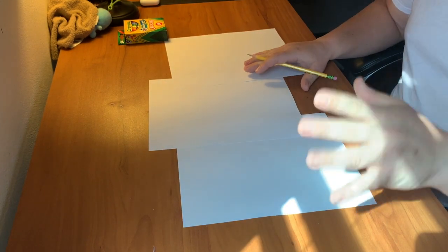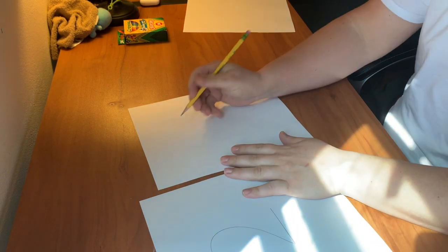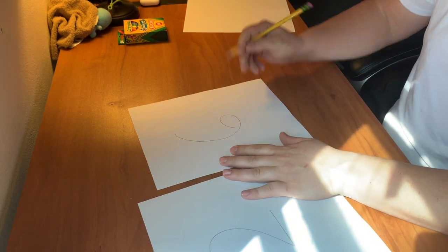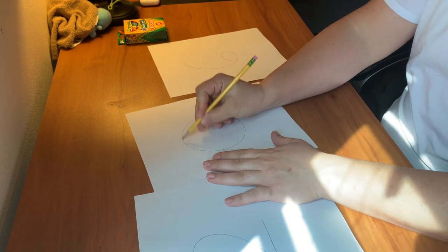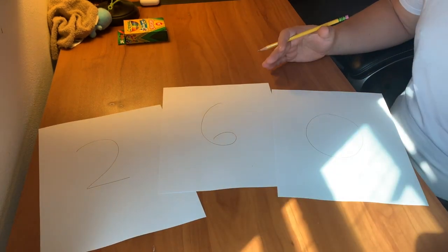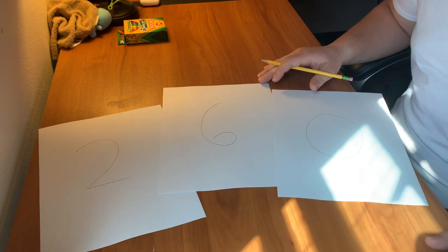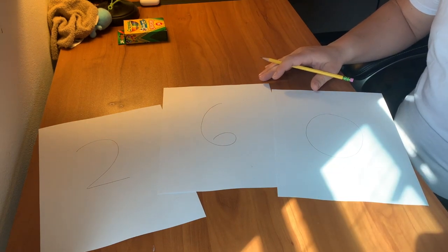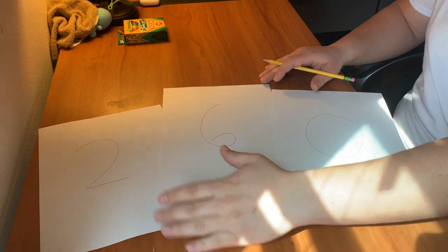All right, Falcons, I got my 3 pieces of paper. You got to pick your 3 numbers. So if you remember, I picked 2, 6, and 0. So you're going to pick your own 3 numbers. You're going to make them nice and big on your own piece of paper, all right? That is step 1. So if you want to pause the video and make sure you're doing this right, that's fine. You can keep watching and do it with me a second time watching,